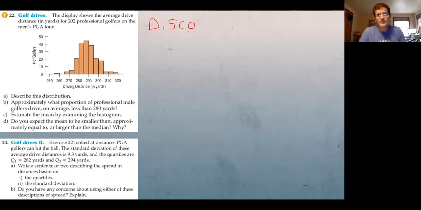One thing that I didn't really talk about as far as DISCO goes is that you want to include the context. So we start with the distribution. You have to write full sentences for this, and I'm going to use some abbreviations as I go through. The distribution of, what's our context? Average drive distance